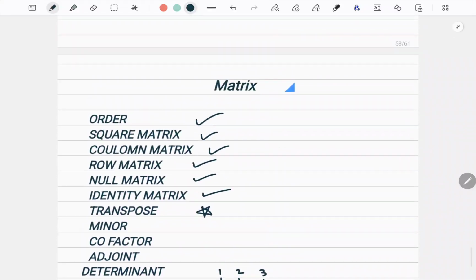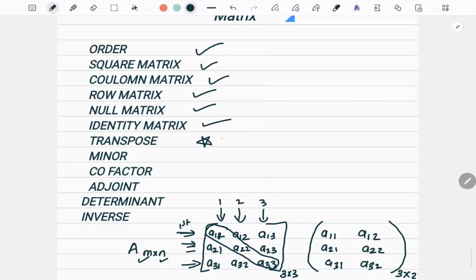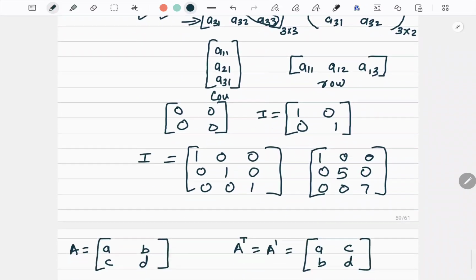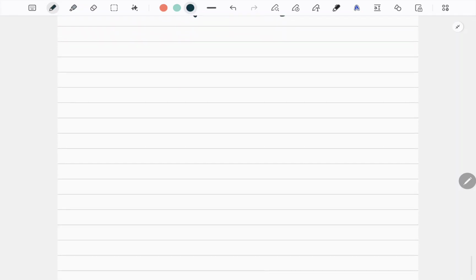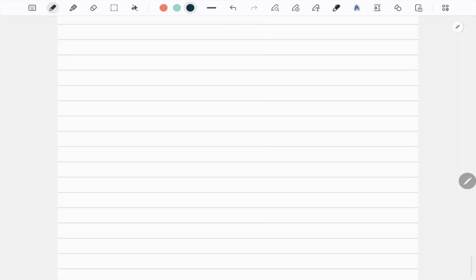So now see what topics we have covered here. Now all of you know the concept of transpose. All of you understood what a minor is, and what a cofactor is. Now what is an adjoint? Now understand the concept of adjoint. I'll try to explain it with an example of a 2 cross 2 matrix, and the same concept can be applied to a 3 cross 3 matrix, which we will practice more when we do the questions on inverse.